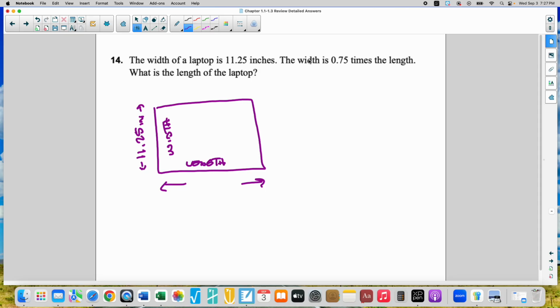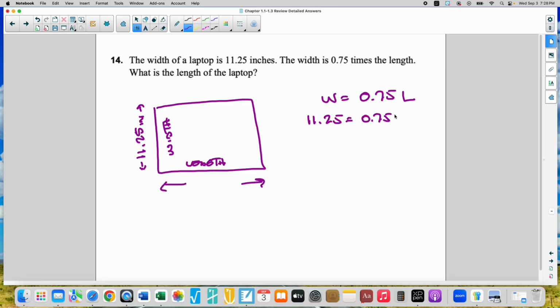The width is 0.75 times the length. So there's our formula. And we know what the width is. I don't know what the length is, but I do know that the width is 11.25